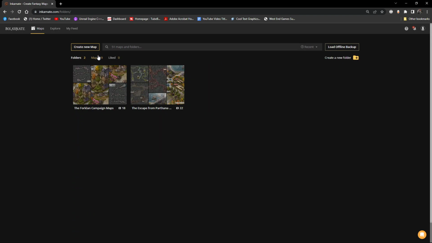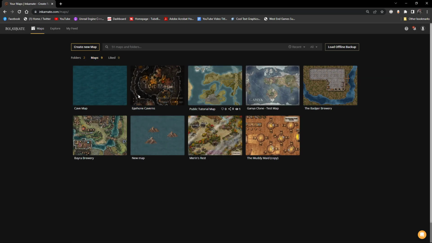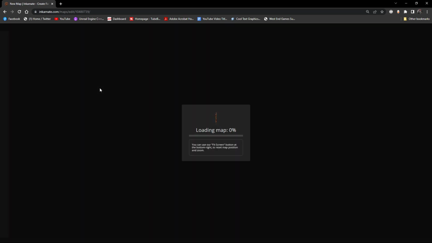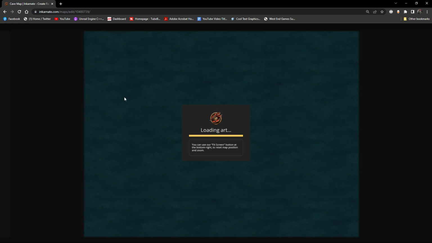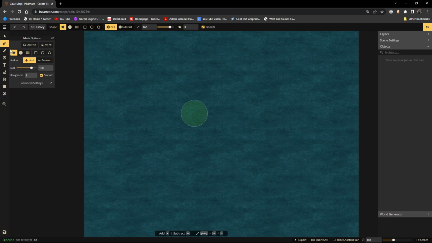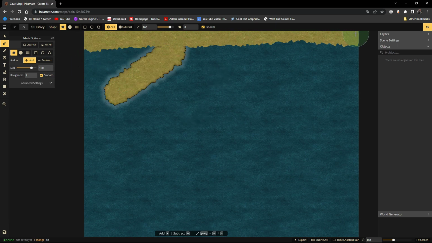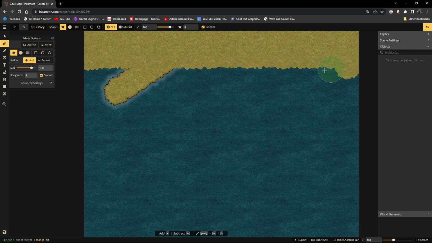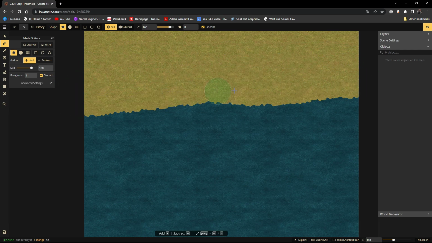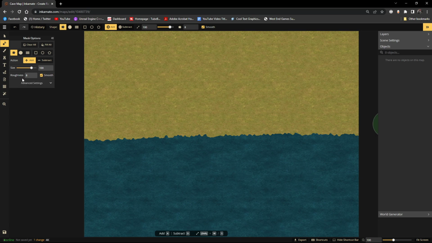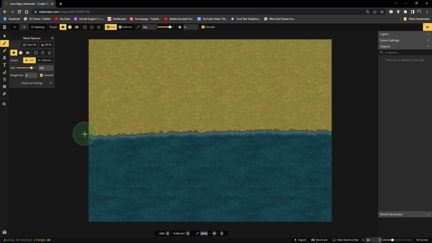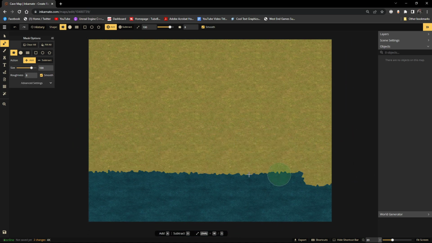Oh, it probably just put it in the original folders. Yep, cave map. So the first thing we're going to do is just do the whole thing with terrain because I don't need any actual water. So we're just going to paint this whole thing like so. No, I don't actually like that terrain color, but we'll paint that in a little bit. Right now we're just painting this whole thing with